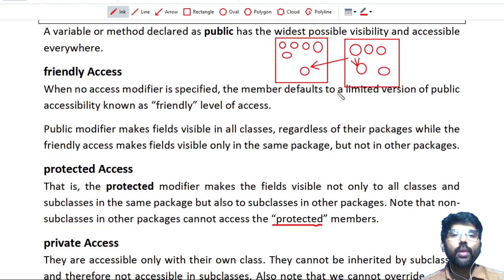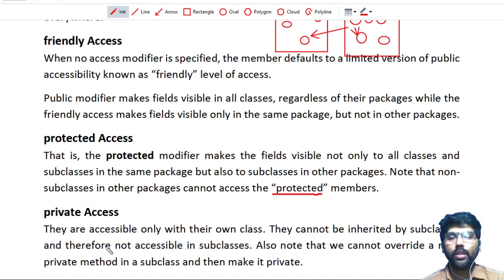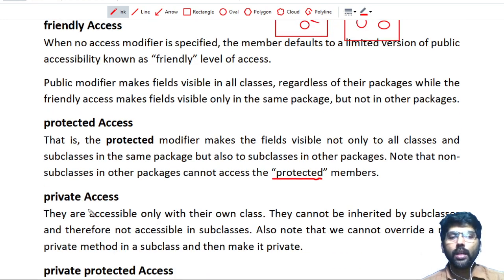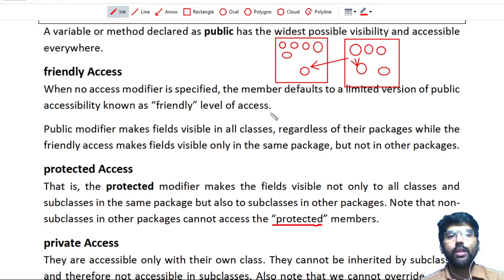Private means only within the class. If you create a class with a private variable, that variable will be accessed within the class, not outside the class. Such members are not inherited by any subclasses. If you create a new class, this private variable is not available in the derived class.